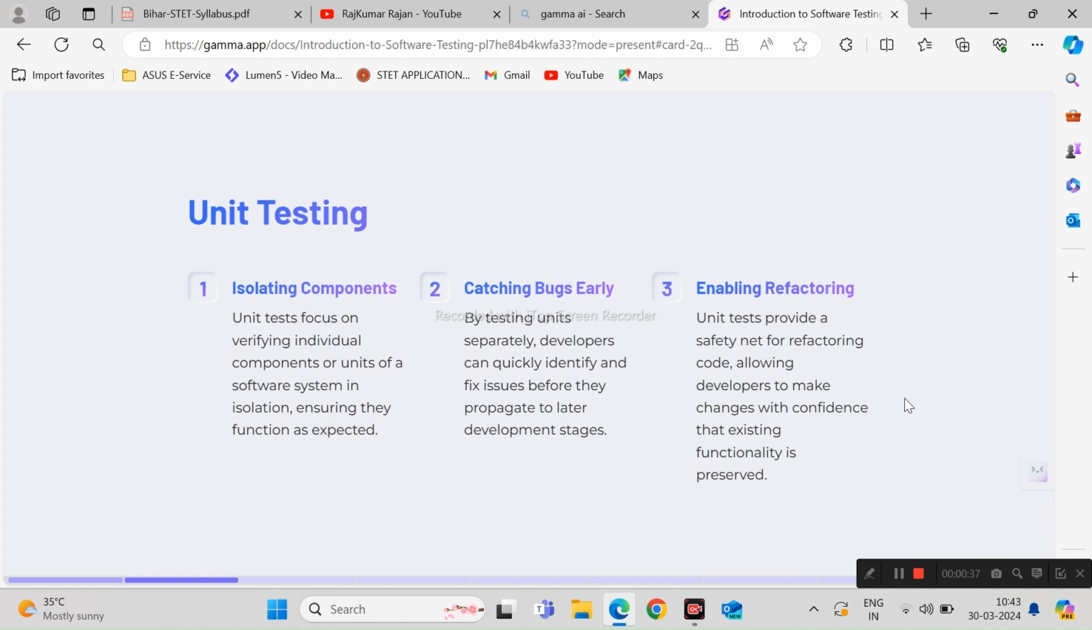Now we are seeing what is unit testing. Unit testing has three components: isolating components, catching bugs early, and enabling refactoring. The first one, isolating components. Unit tests focus on verifying individual components or units of a software system in isolation, ensuring they function